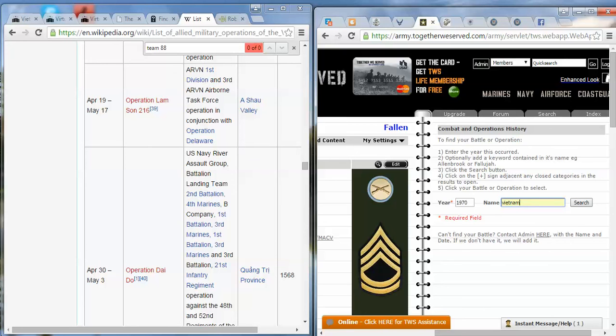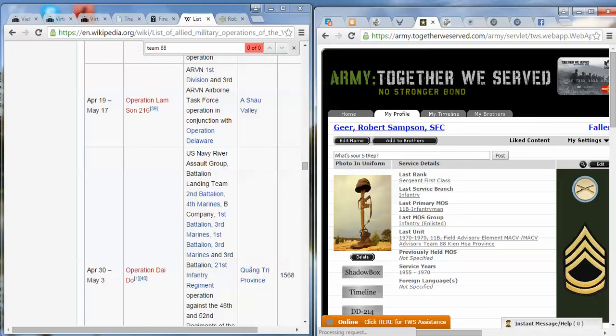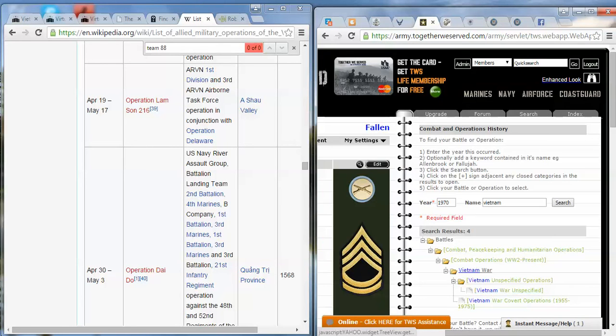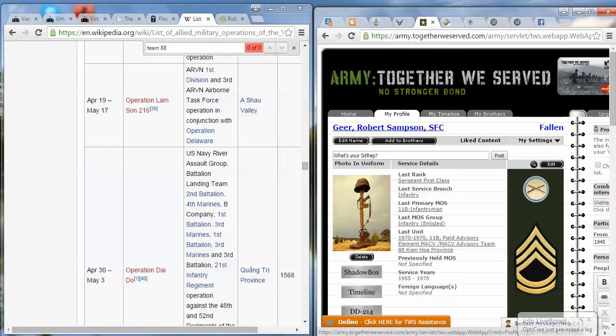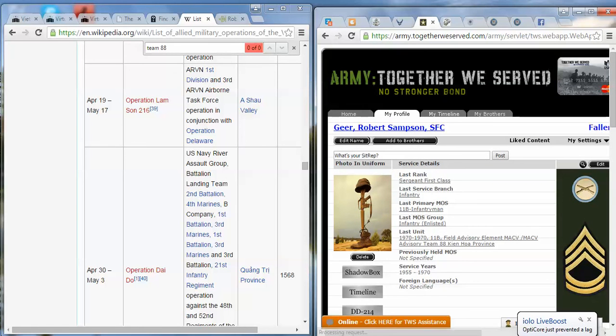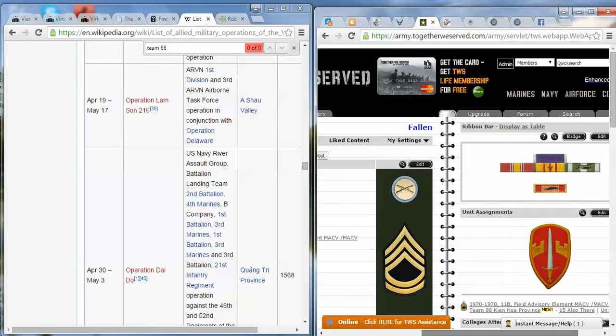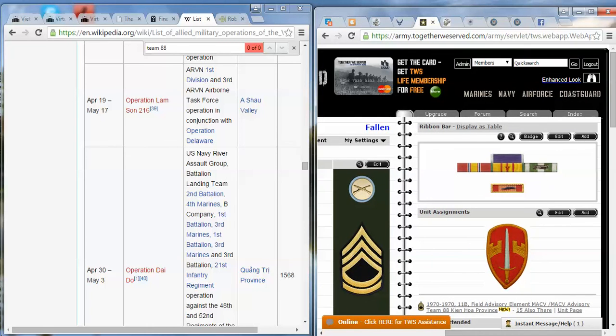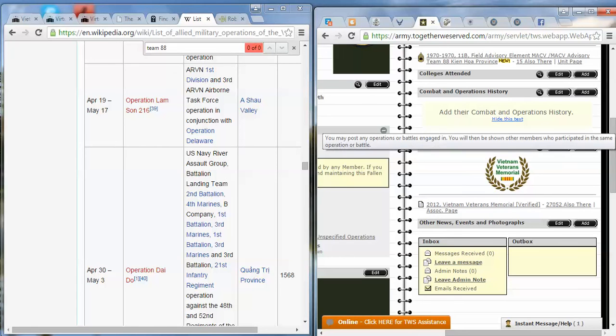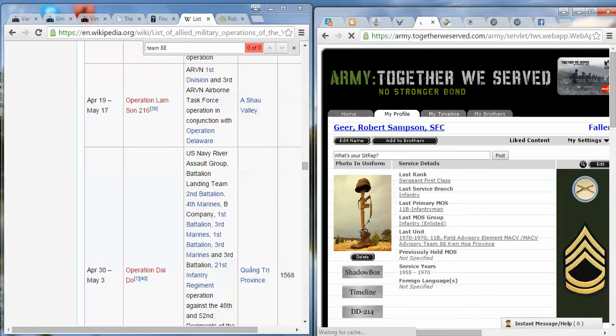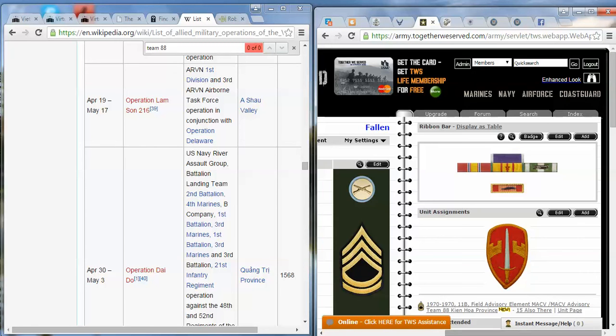You can take the time and do a search by unit on an association page. Association pages usually have combat history listed or a historian attached to it, and they may have the information you need.